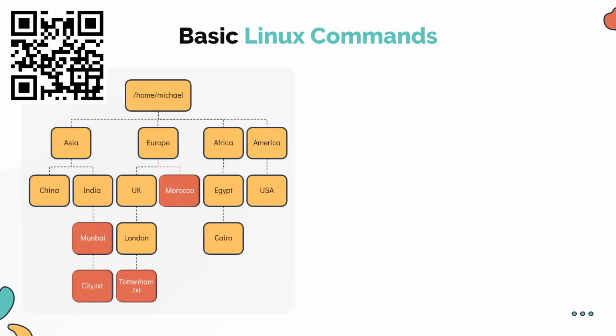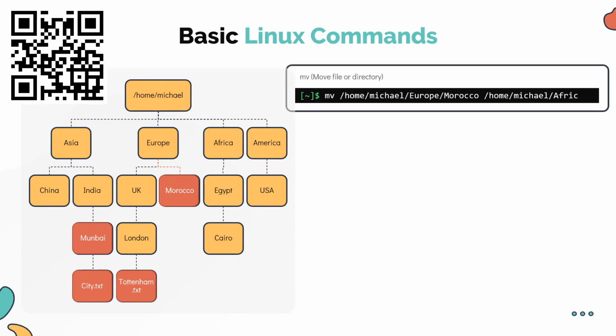First, let's move the directory called Morocco from Europe to Africa. To do this, we will make use of the mv command. This command requires two arguments. The first argument is the source file or directory, and the second argument is the destination directory, where we want it to be moved. Using absolute path, this can be done easily using the command